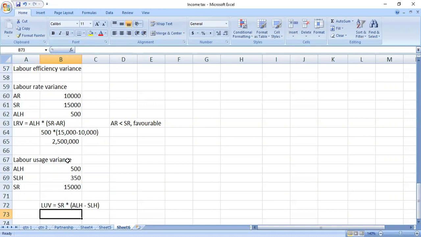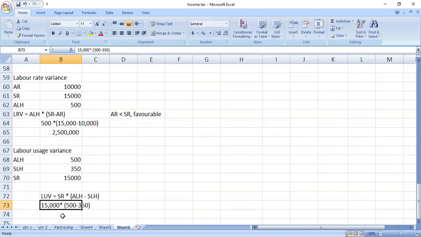Substitute in the formula. All right, Justin. So if you substitute in, we're saying 15,000 times our actual labor hours, we have 500, minus standard, which is 350. Therefore, our answer is going to be none other than... by the way, you can comment still, is this